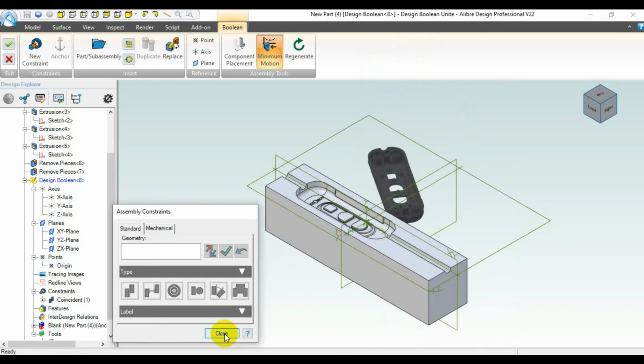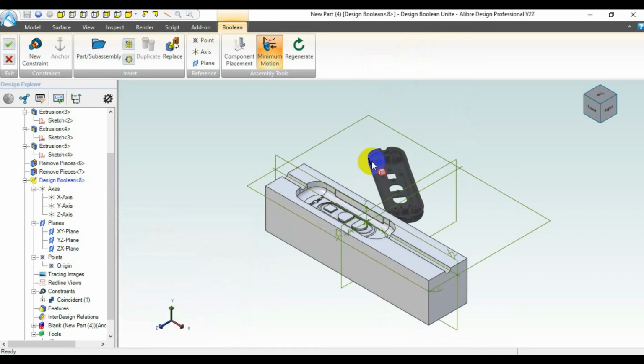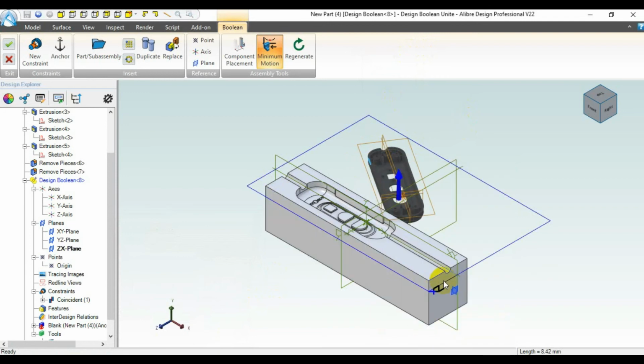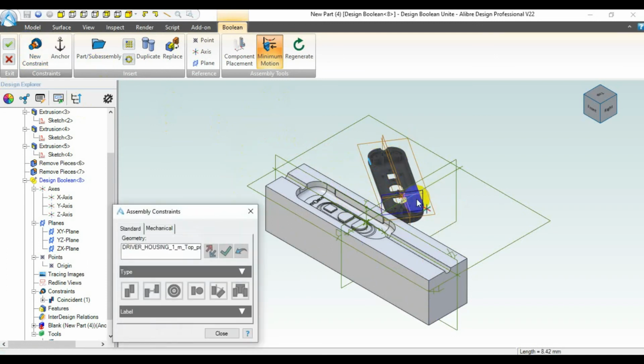Close that down here. Select on that part there. Right click and show reference geometry, because that's what we use to locate the last part here. And of course we're ignoring shrinkage and all sorts of things. This is just an exercise to see if we can do it. We want now, we have that, we want to now